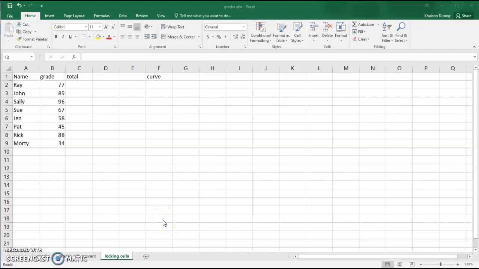This is a video about locking cells, which has its application in multiple areas, and especially when we get into converting grades into letters. So it's important we actually understand what it means to lock a cell. Okay, so with my first example, I want to show